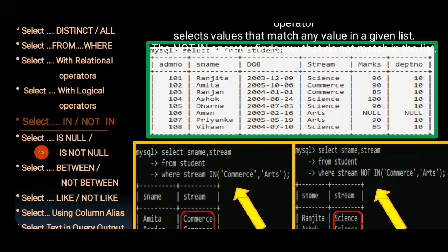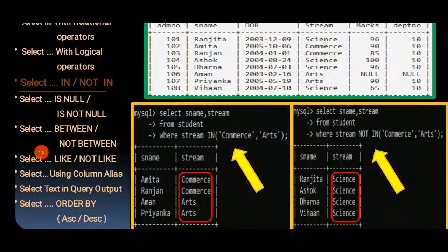Like if you write select SNAME, stream from student where stream in commerce, arts, any stream which is inside that list, commerce and arts, those will be in your output, you can see. And if it is not in commerce and arts, so other than commerce and arts, whatever we are having, that we will be getting as an output.